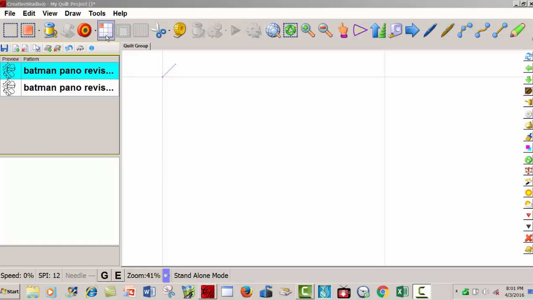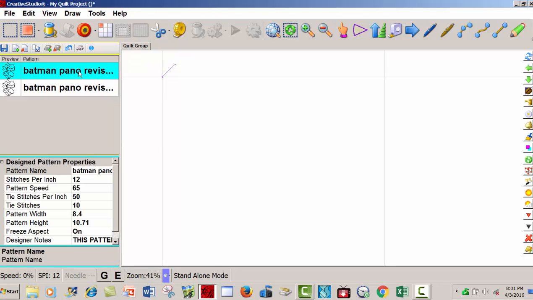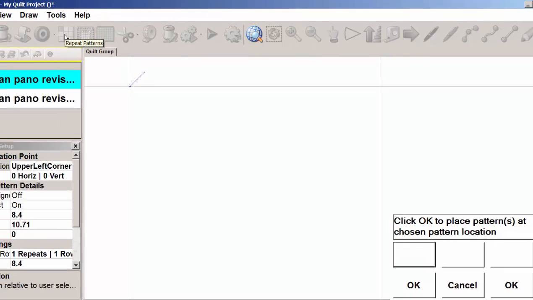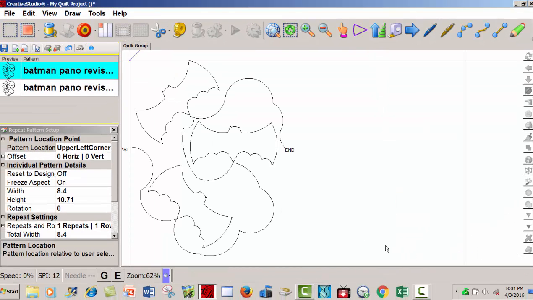I will use repeat patterns to place a copy of this pattern on the screen, and I want to show you a couple of things. I know that we have discussed this several times. I have the pattern selected. I clicked the repeat patterns icon. I'll click OK. Now if I want to do a virtual stitch out, if I just click on the virtual